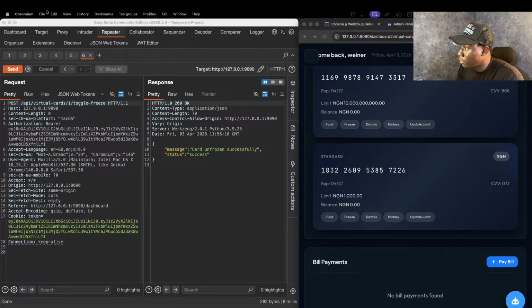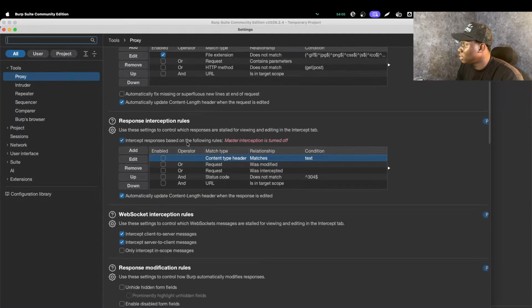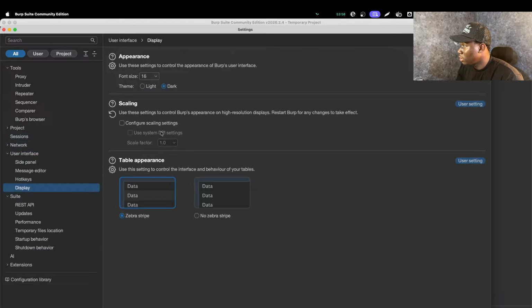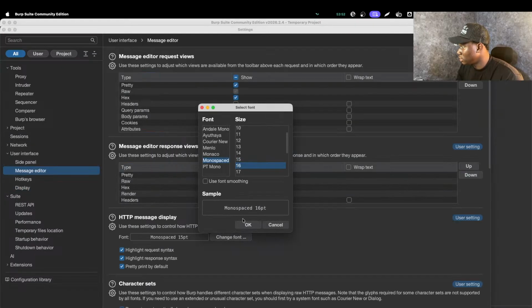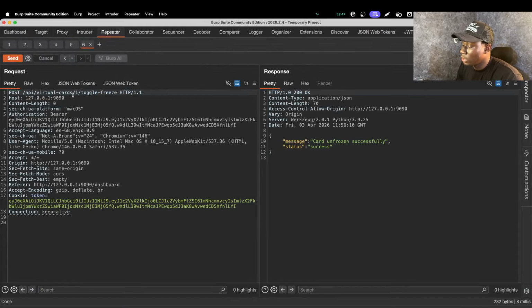put my monitor now. If you look at the API endpoint here, let me increase this a bit because I feel like it's kind of small. I think it's the font I need to increase. Let's do 16. Yeah, that's better. So now if you look at this slash API slash virtual cards slash the ID, then toggle freeze,